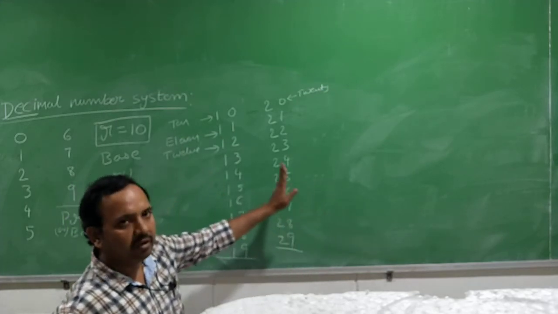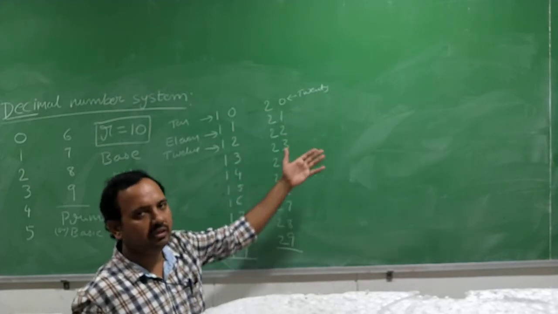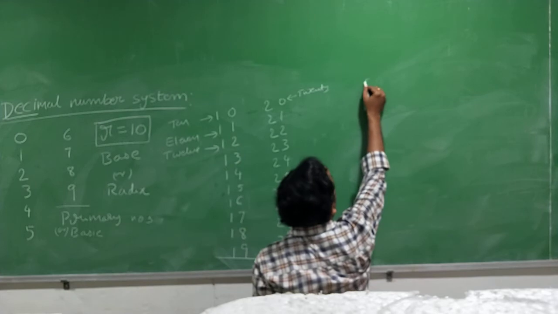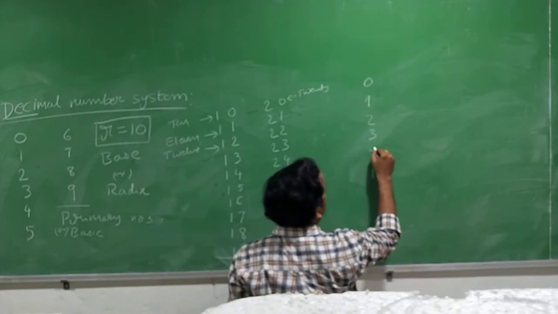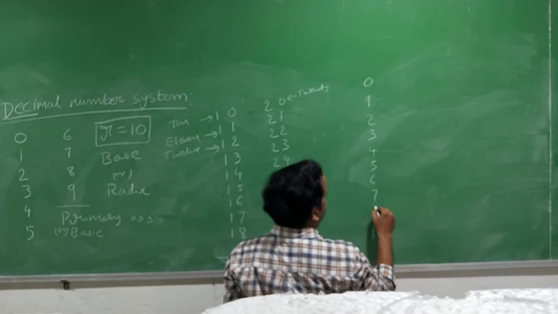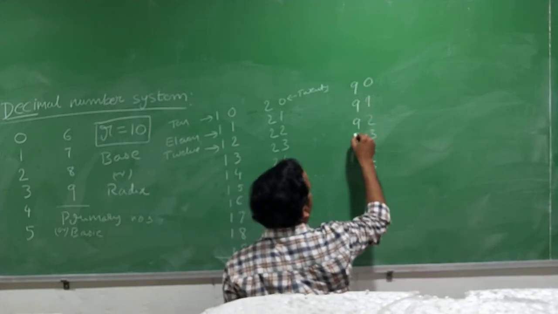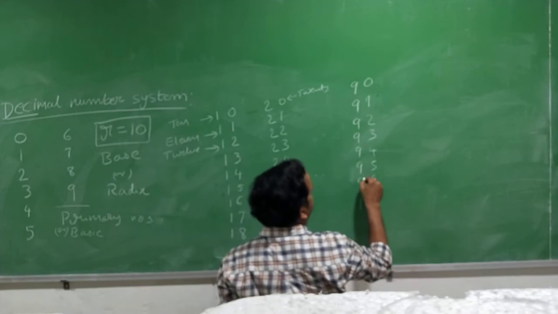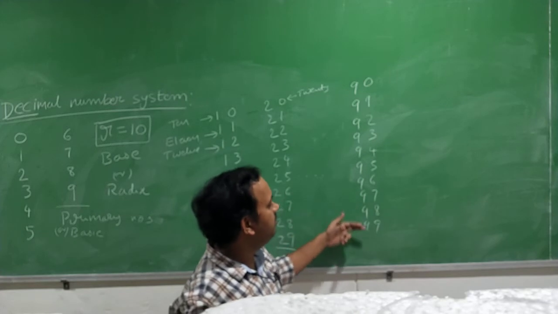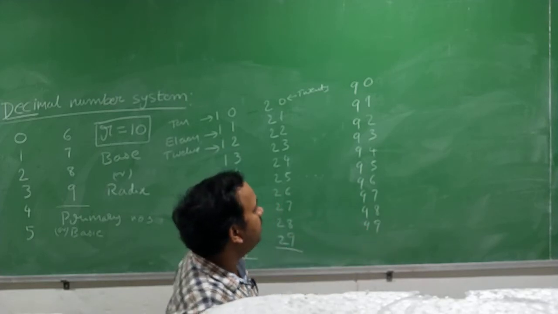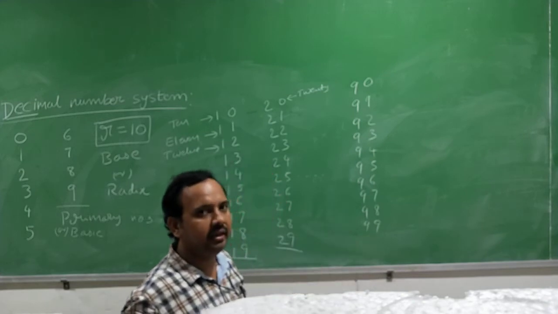The third time you repeat the sequence, you will get 30. The fourth time, 40, like that. When you repeat the sequence for the 9th time, you will put 9 in front. Now you get the 2-digit sequence 90, 91, 92, 93 up to 99. We need to give convenient names here too: I have given 90, and this is 99.